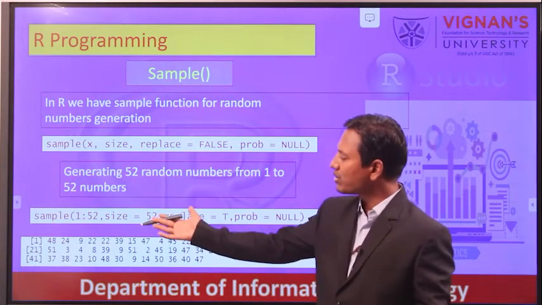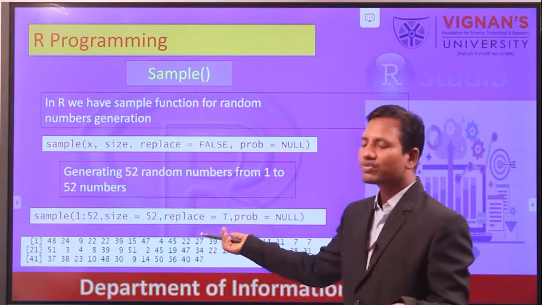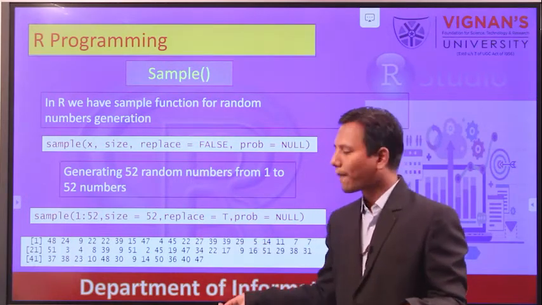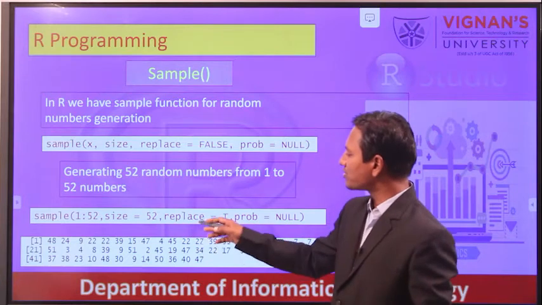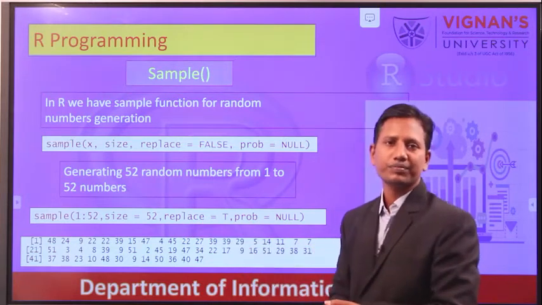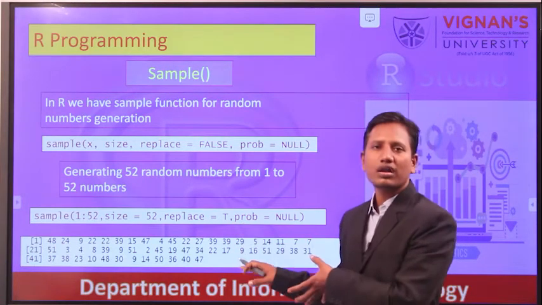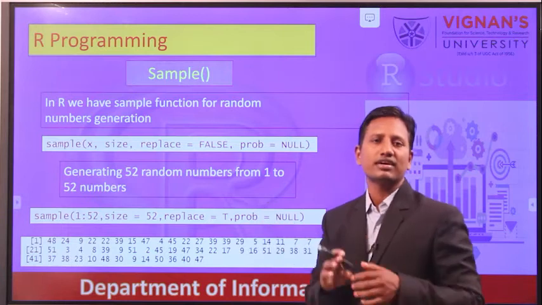If you observe, the values are random: 48, 24, 9, 22, 22, 38. Of course, the cards are repeated here. So 15, 47, 4, 45, a random jumbled order is there, and we are going to use this jumbled order to access the data.